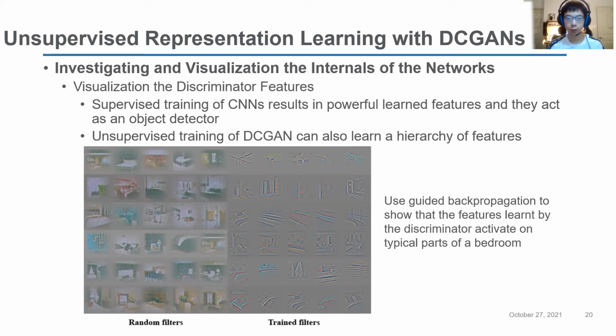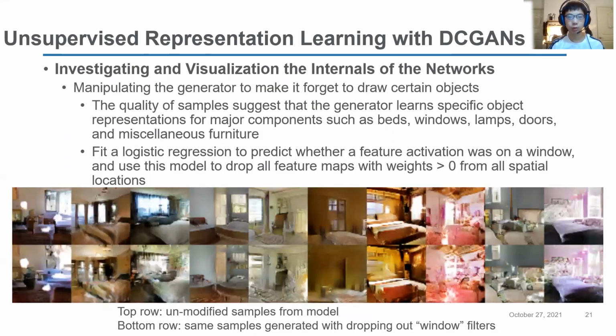On the right-hand side, we can see that the discriminator activates on typical parts of the bedroom, such as beds and windows. Changed filters in the discriminator focus on important objects compared to the random filters. So they manipulate the generator to make it forget to draw certain objects. The output image quality suggests that the generator learns specific object representations for major components such as beds, windows, doors,